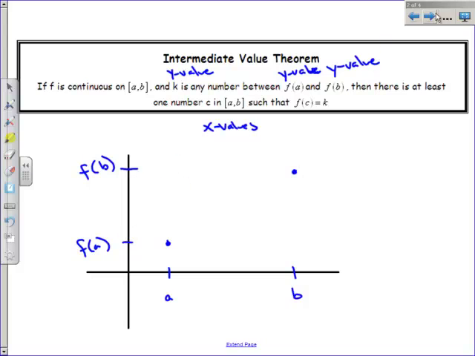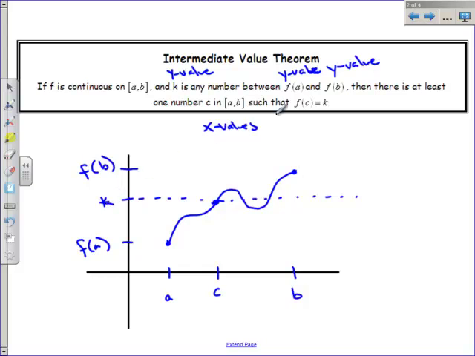So this is saying that if I were to have some value k that is right here on the y-axis, and I'll go across the graph so you can believe me, there is no way to connect these two dots without crossing that line. And that there's some value c in here that is guaranteed for us to cross it. Now we could even cross that line more than once, but the intermediate value theorem says you have to hit this y value at least once.